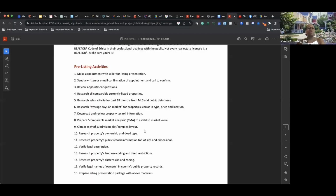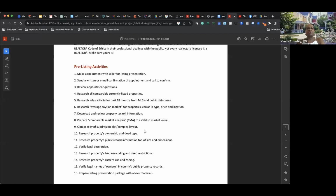So we want to make sure that your home is listed at the right price in the area along with the other ones. We research sales activity for the past 18 months from MLS and public databases. We research the average days on market for properties similar in type, price, and location. We download and review property tax roll information, prepare a comparable market analysis, otherwise called a CMA, to establish market value, obtain a copy of the subdivision plat complex layout, research property owners and deed type,